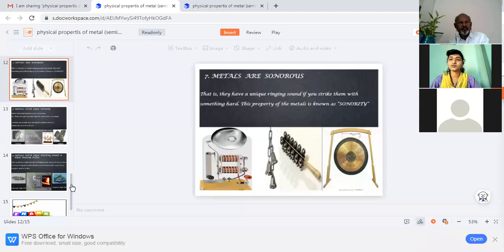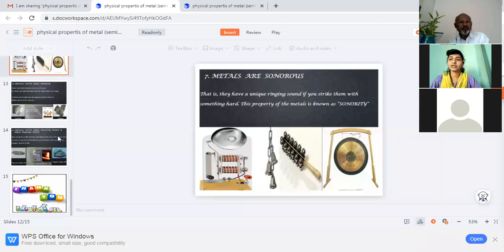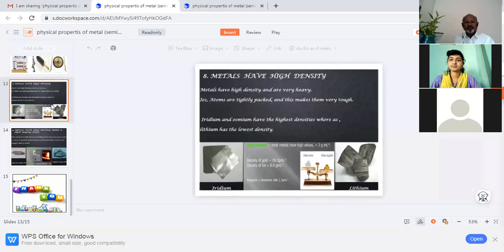Seventh property, metals are sonorous. That is, they make a unique ringing sound when you strike them with a hard object. This property of metals is known as sonorousness. Next. Eighth property, metals have high density. Metals have high density and are heavy. Atoms are tightly packed. Radium and osmium have the highest density, whereas lithium has the lowest density. Next,